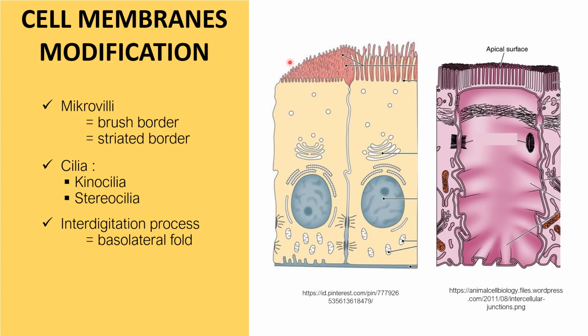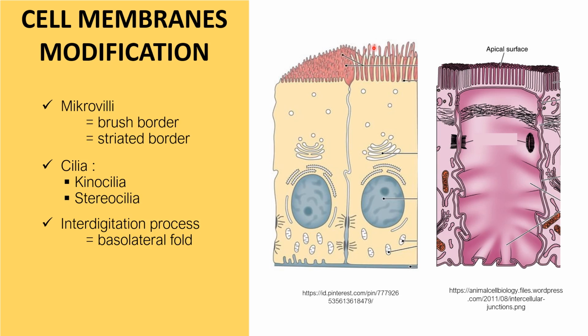This is the microvilli at the apical of the cells. Microvilli, also known as brush border or striated border, are smooth protrusions on the cell surface that serve to expand the surface, commonly found in cells that function for absorption. Each microvillus contains banded actin filaments bound to the plasma membrane.